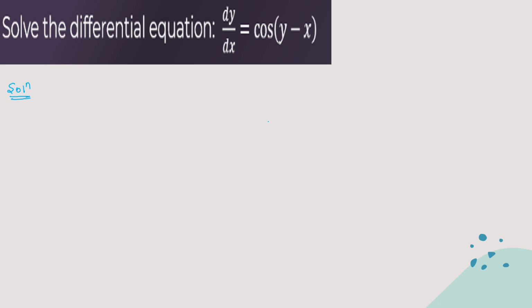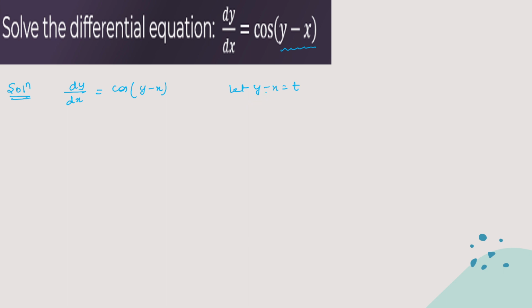So now here comes the new variety of question in this. In this question, let's solve this. If it is not working directly, then let's say y minus x as t. Okay, what will you be getting again?